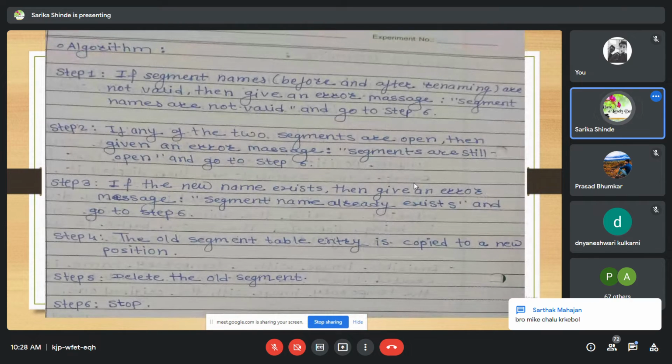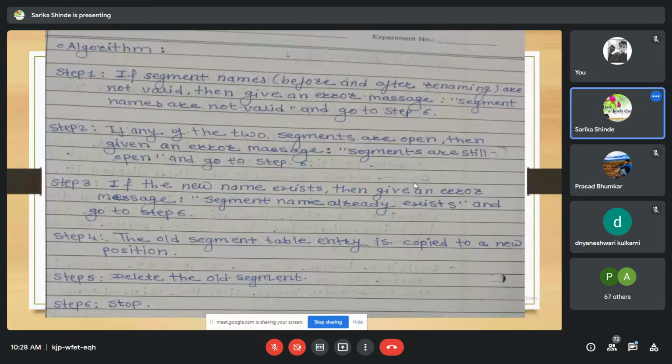Now we see the algorithm for segment renaming. The first step is, if the segment names, that is, before and after renaming, are not valid, then give an error message, that is, segment names are not valid, and go to step 6, that is, stop.